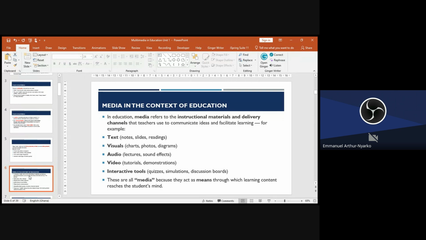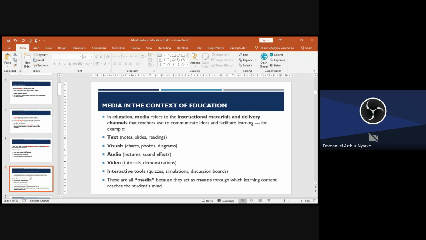In the context of education, media refers to the instructional materials and delivery channels that teachers use to communicate ideas and facilitate learning for students.